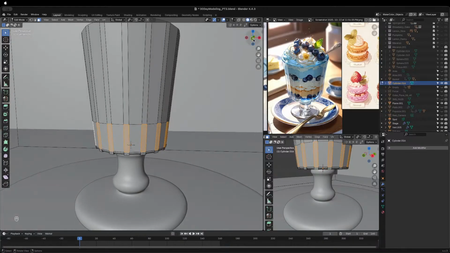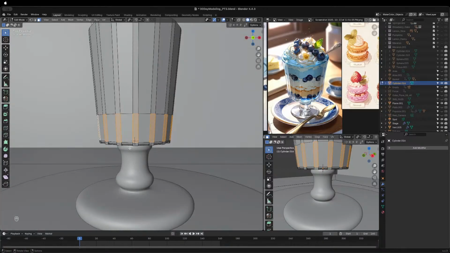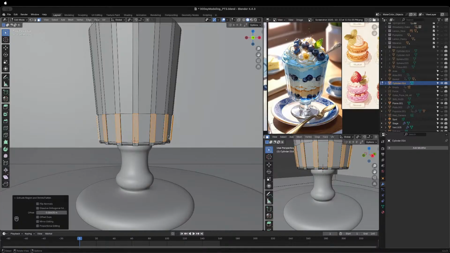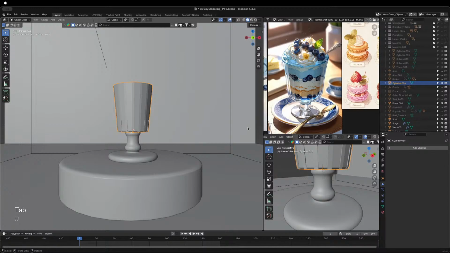Doing a bunch of trial and error right now. I don't know. Okay, so I'm gonna do Alt E, on normals. Pull it out a little bit. Maybe even just that much. And then I'm gonna take